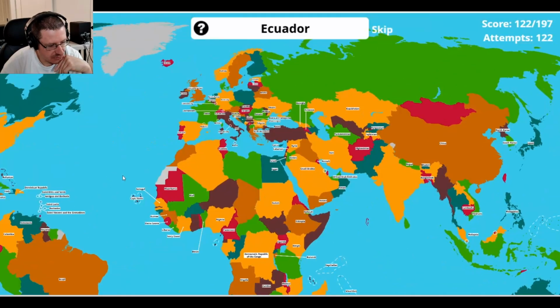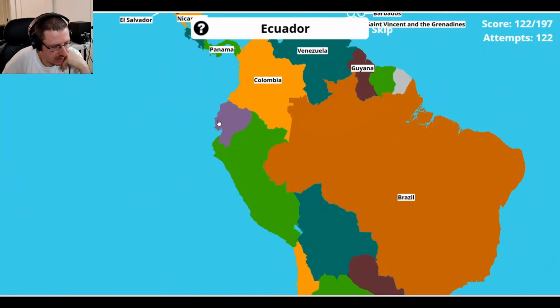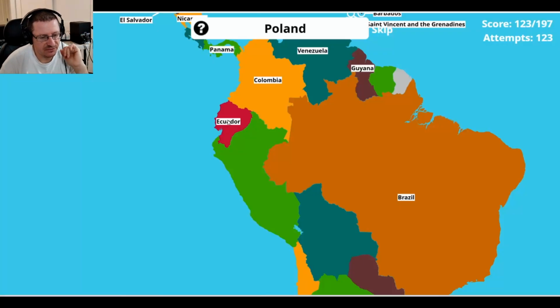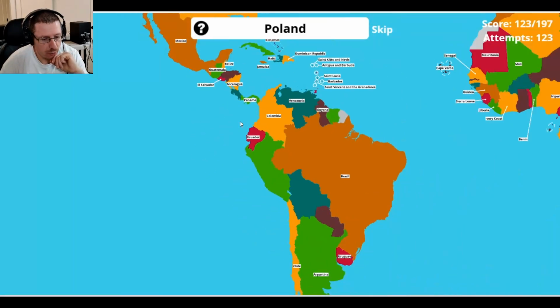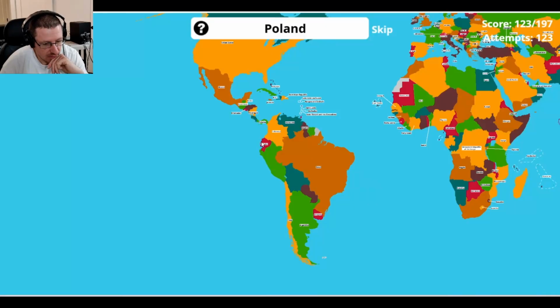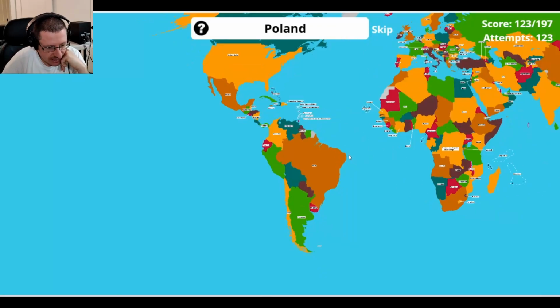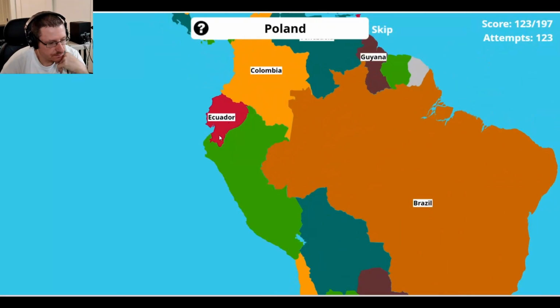Ecuador. It's in South America. Ecuador right here. It means equator. There is a line in some city in Ecuador where you can stand on the northern and southern hemisphere at the same time. So if Ecuador means equator and the equator is running through there, you can use that as a guideline to where the equator is in the world. So if the equator is right here, all of this should be the equator. So you can say, okay, if Ecuador has the equator, what runs next to it? I think that might be a good way to do it.